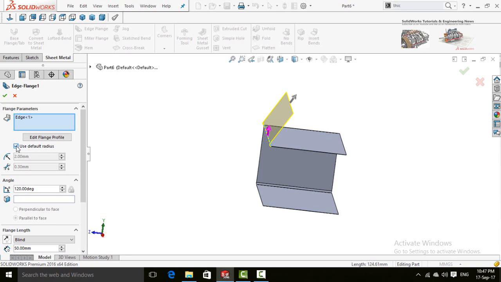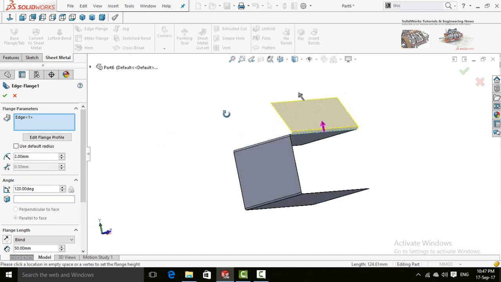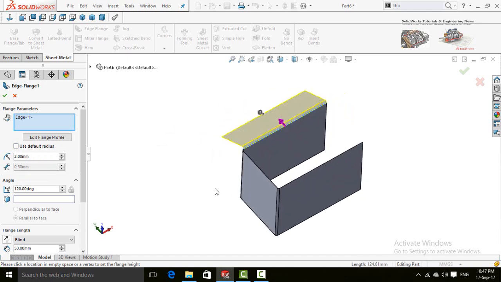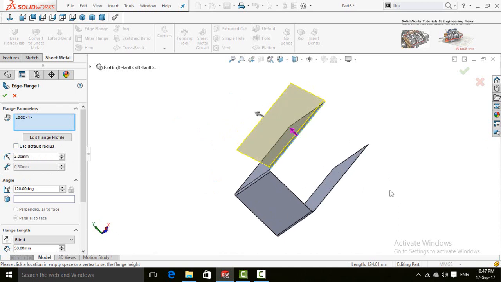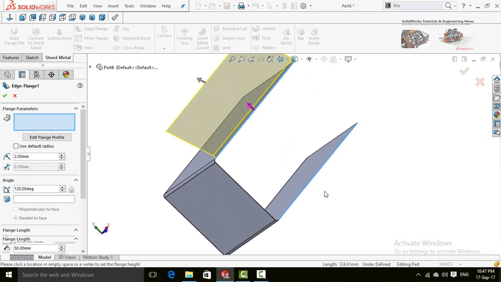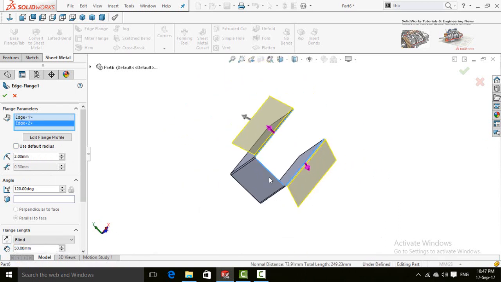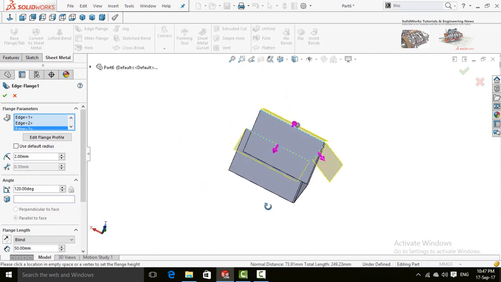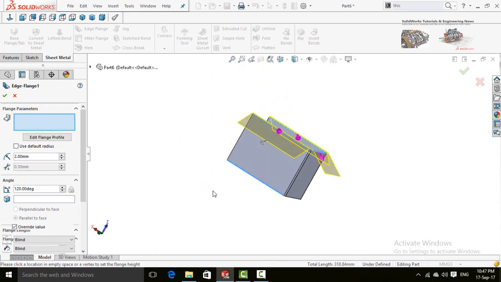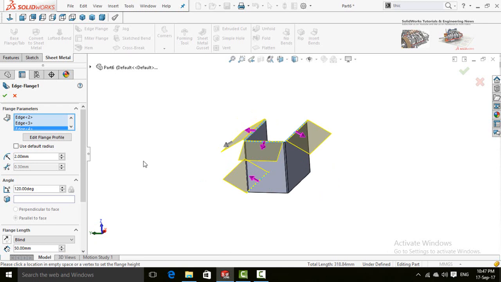If you uncheck this box, here is the bend radius and gap distance. So you can select multiple edges to create more than one flange. So once all done, press OK button to apply this command.